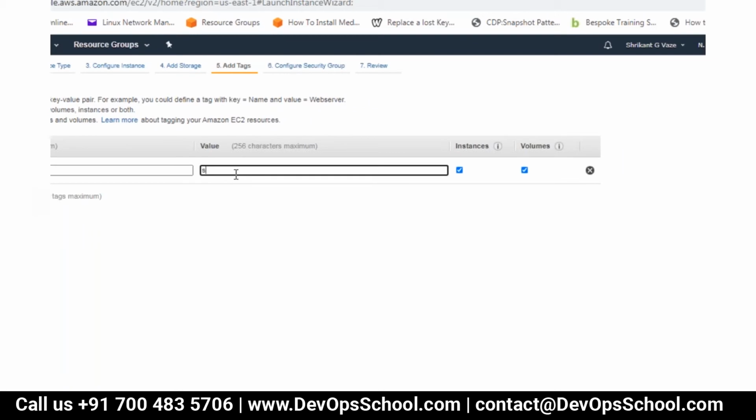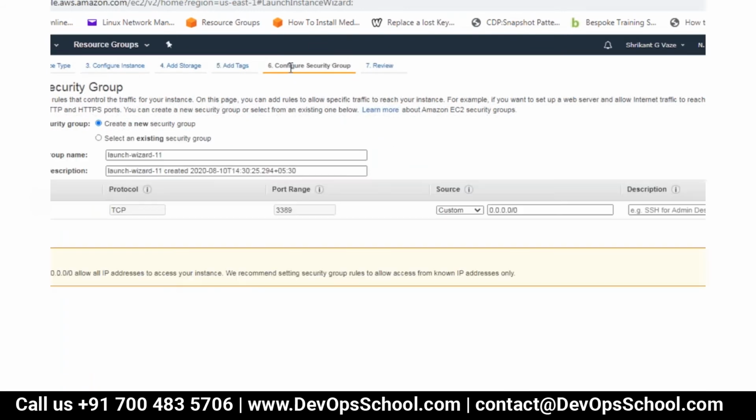So I'll just name it as Srikanth Win, and configure security group. I will just name it as Windows, and next comment also I will say Windows.